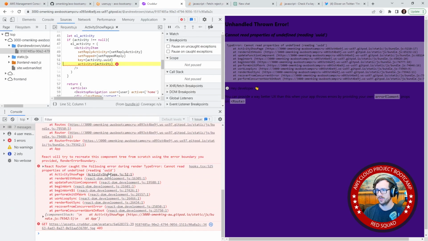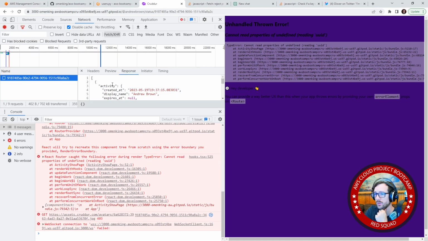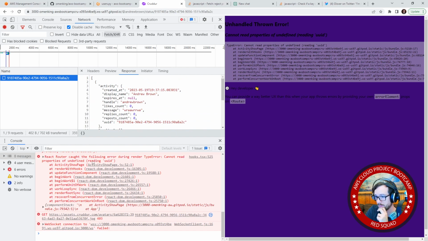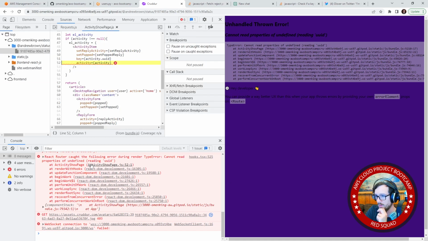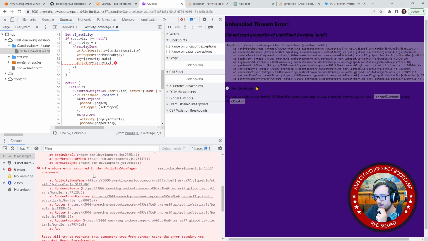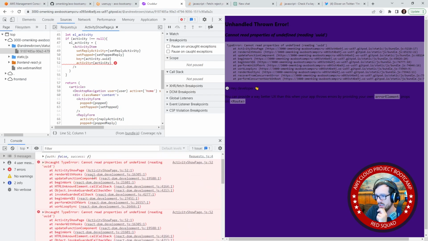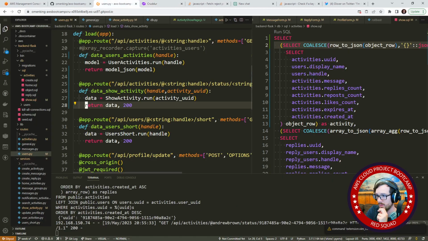Now we have a rendering issue on the activity show page. It's here on the activity. So it's saying cannot read undefined reading of UUID. What data gets returned here? If we go here, I mean, we do have a UUID there. So that is there. Cannot read properties of undefined. It's not the clearest answer or error, but